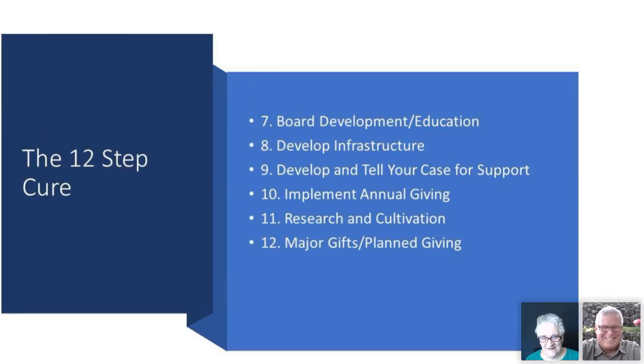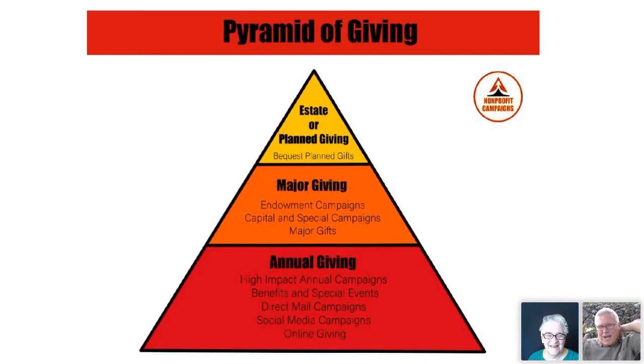I think so. Okay, so we've got about 20 minutes left. This is a really important slide that I like to talk about, and it's the old-fashioned pyramid of giving. And the idea behind it, and I've been using this for 40 years, is we bring people into the organization at that red annual giving level at the bottom. Maybe it's an online gift. Maybe they gave on Facebook or social media or something along that line. Direct mail campaigns.